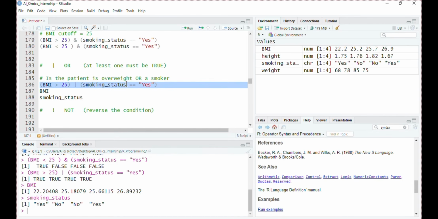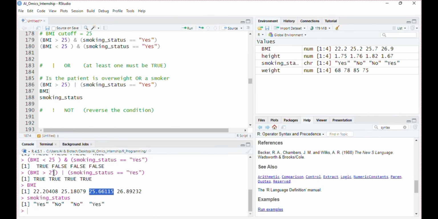So the output is true because the second statement is true, the person is a smoker. In the second case, BMI is 25.1, so the first condition is true, but the second condition is false. Still, R returns true because the first condition is true.